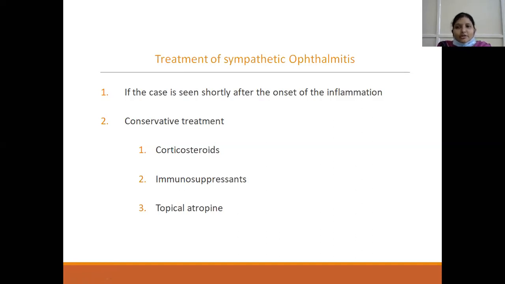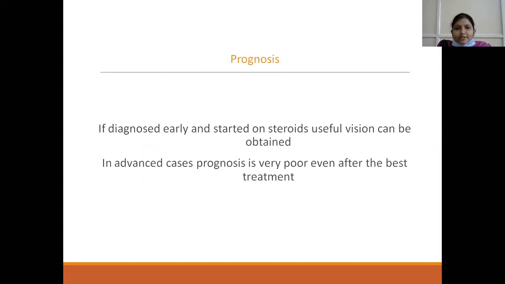If the patient is not responding to corticosteroids or the patient has come to us in a late stage, then what we must give? We must start them on immunosuppressants. Along with this, we must also give cycloplegics to relieve the iris spasm. So the preferred cycloplegic is the strongest cycloplegic, that is atropine. It is given as 1% eye drops, eye ointment 3 times a day.